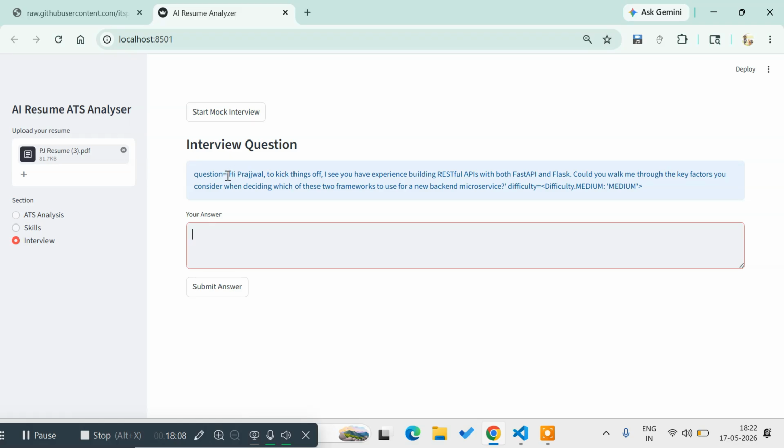Now, the LLM has generated a question. I have seen you have experience in building REST API or this. Key factors considered when deciding which of the two frameworks to use for a new backend microservice. So, like, it is asking a question, what are the key things I will consider? So, like, I can write, you can answer it more professionally, but for now, I'll just type like, I will